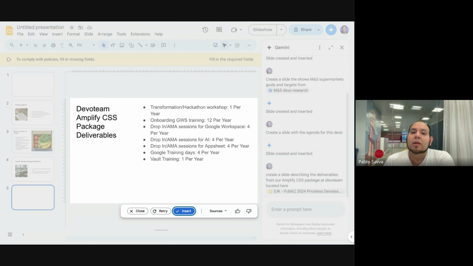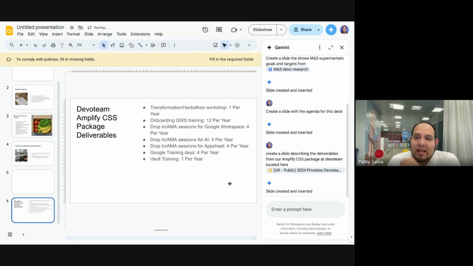There we go. Look at this. So it's extracted those offerings. So we have transformation hackathon, onboarding, Google Workspace training, ask me anything, drop-in sessions, Vault training. That looks pretty much on par with what we need. Hasn't made me a pretty picture, which is unfortunate, but we can add that later as well by literally creating